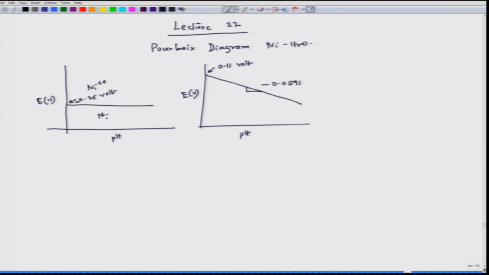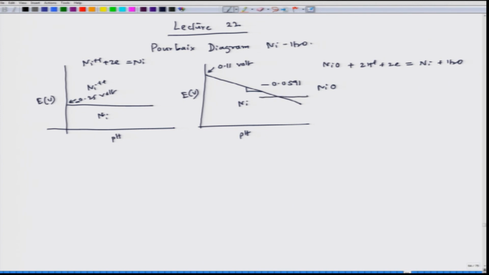See these two, type 1 and type 2, one of the type 2 reactions we have considered and then try to plot them. Now, we have told that this side is nickel and this side is nickel oxide, and here the reaction is nickel oxide plus 2H plus plus 2e equal to Ni plus H2O, and this is Ni plus plus plus 2e equal to Ni. Now, let us see whether this right side would be NiO.